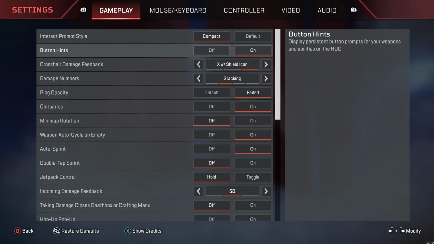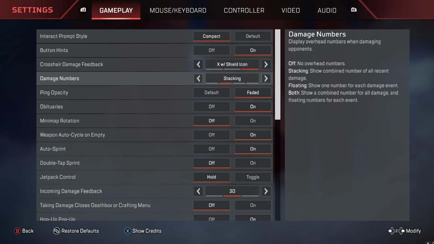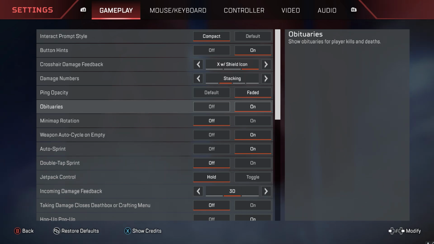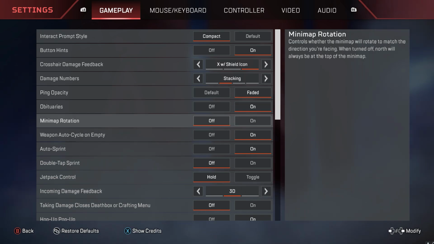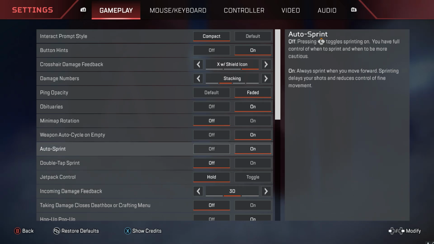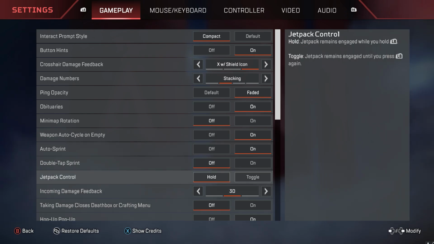Interact prompt style is compact, button hints are on, crosshair damage feedback, X with shield icon, damage numbers are stacking, ping opacity is faded, obituaries are on, minimap rotation is off, weapon auto cycle on empty, that's on, auto sprint is on as well, double tap to sprint is off, jetpack control, if you use Valkyrie, I prefer it to be hold,